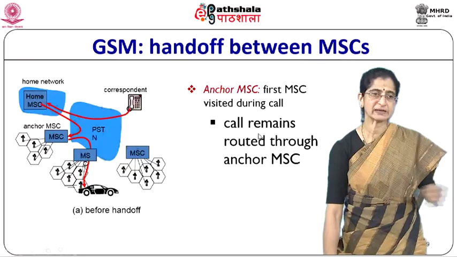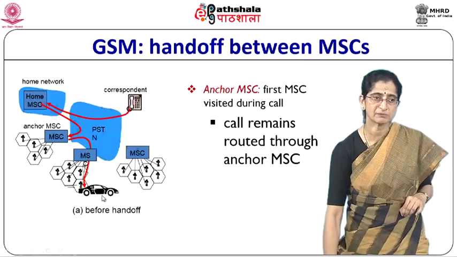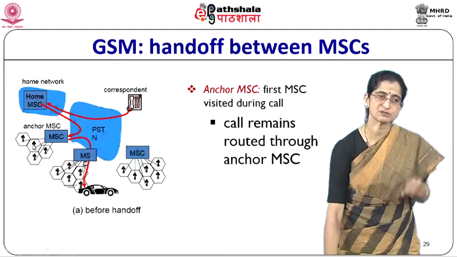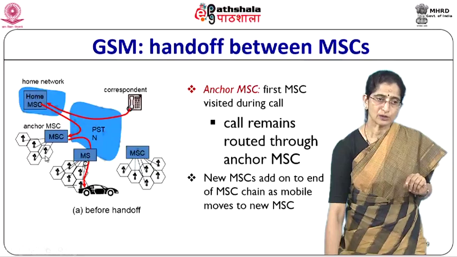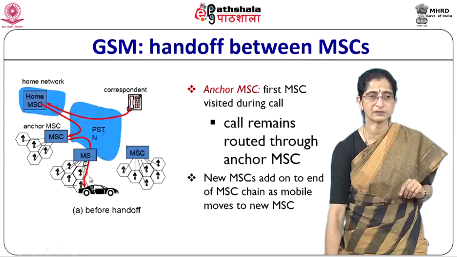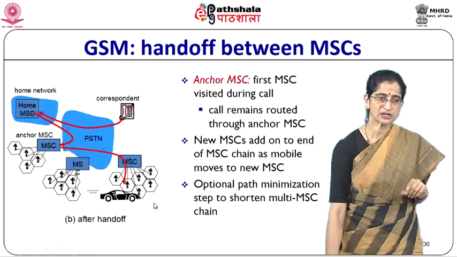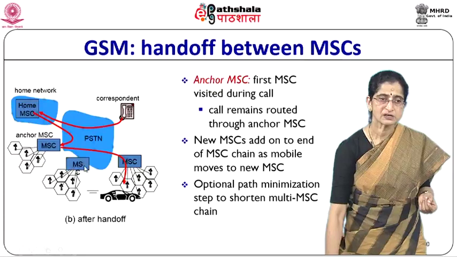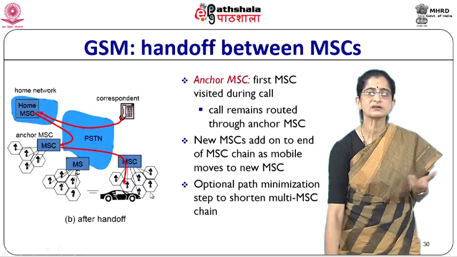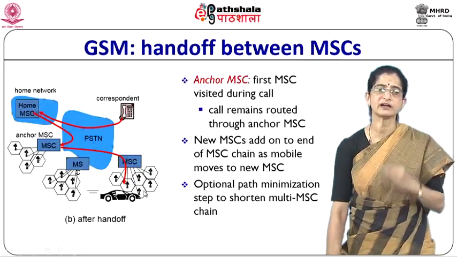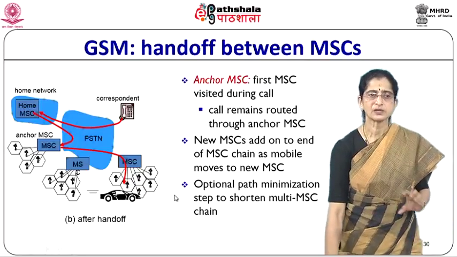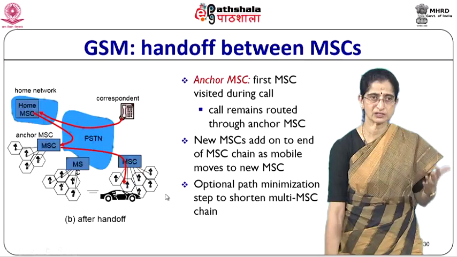When you have different MSCs, for instance he is moving from one MSC to another MSC to another MSC, what happens is first the call will be routed to the first MSC, which is called the anchor MSC. Now, when new MSCs come in, you add them on to this chain. So it will go from here to here, and from here it will be sent to this one. You can also do certain optimizations, wherein you can optimize the path by skipping this MSC and going from the anchor MSC to the final MSC, the MSC that you are currently connected to. These are things that are done in order to facilitate mobility. So, these are basically the things that are handled in the 2G network.